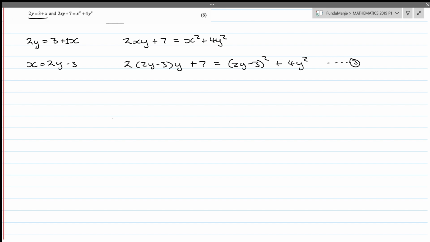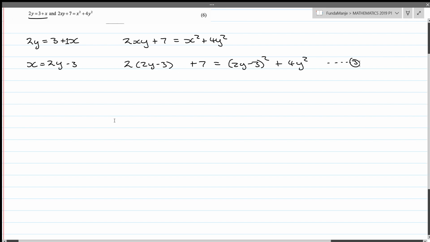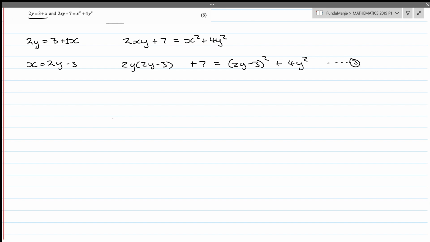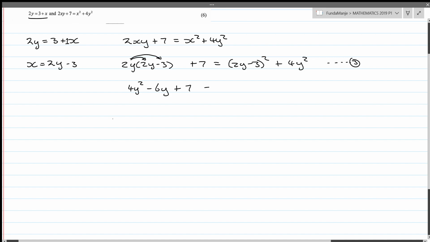We multiply out. Over here, you can do whatever's simplest. You want everything outside to multiply everything that's inside. So what you can do is you can rewrite it as 2y. Then you're going to multiply 2y with everything that is inside. So it's going to multiply that 2y and it's going to multiply that minus 3. If it multiplies this first, we get 4y squared. And then with that, we get minus 6y plus 7 is equal to,